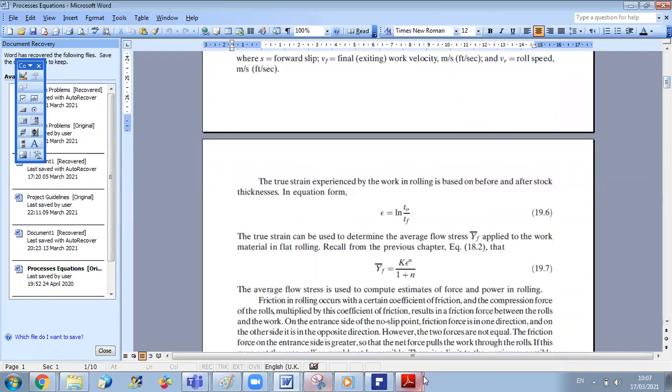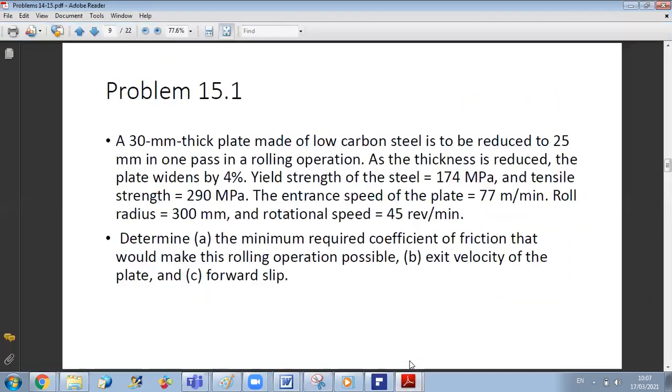So now going back to the problem, to get the value of the forward slip, I need V final, which is already calculated in part B, the exit velocity. I need to find VR. So I will see in my problem what is the information that can give me VR. You know that VR by definition is the linear speed